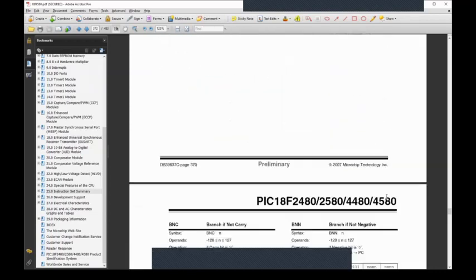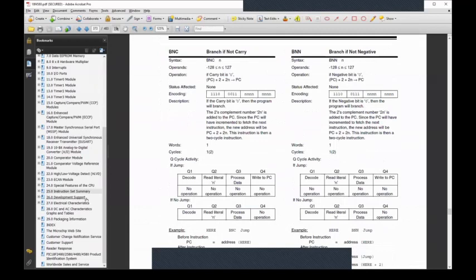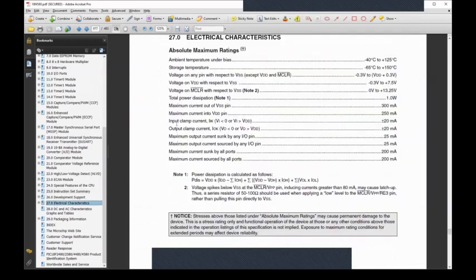So all this explanation you can find here in the data sheet, and you can also find the electrical characteristics in the data sheet. This is also very important. So when you connect your microcontroller, you have to make sure that the power supply remains in the range of VDD, which is 5 volt normally, plus or minus 0.3 volts. So if the VDD is 5 volt, then any voltage on any pin must be